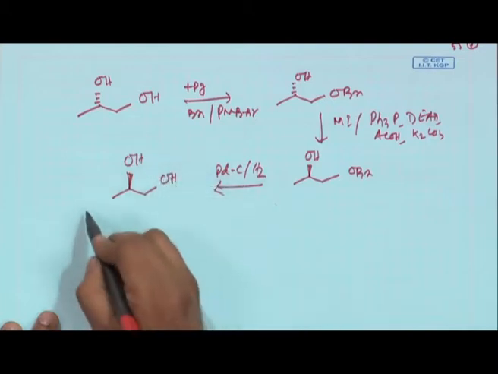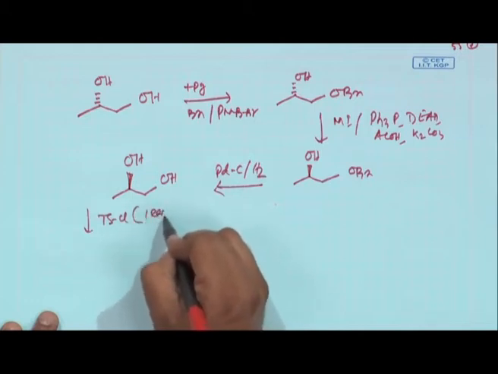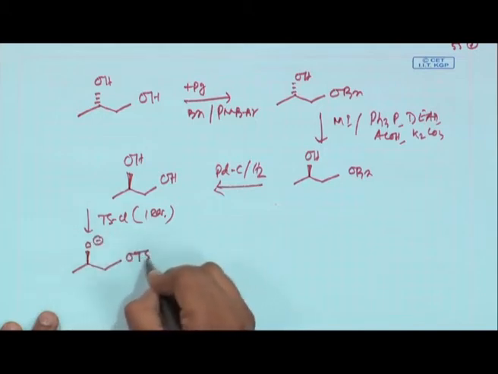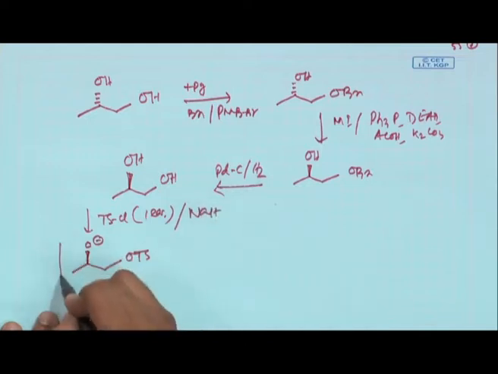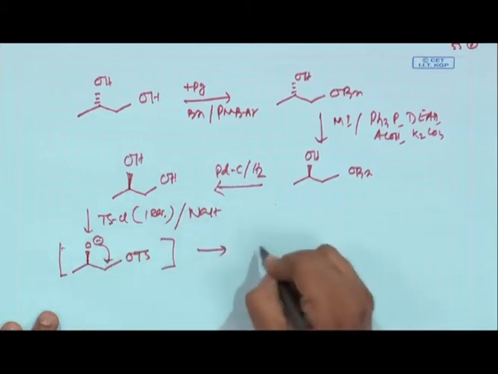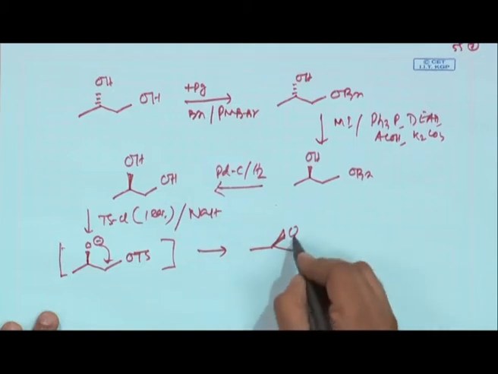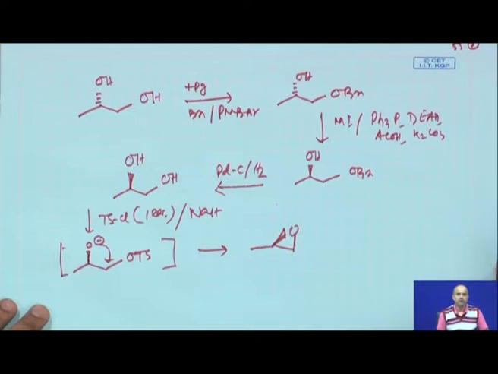Next is your diol, so tosyl chloride, 1 equivalent. The stereocenter is now not touched, that is why there is no inversion. So, here tosyl chloride followed by 1 equivalent of sodium hydride. Then this intermediate will now react, and you get the epoxide which is desired. So, this way the divergence can easily be created.